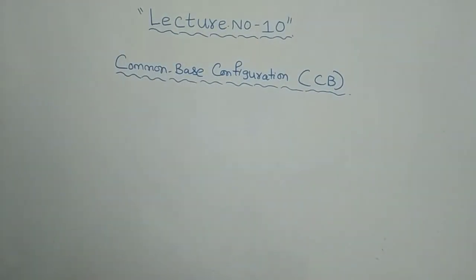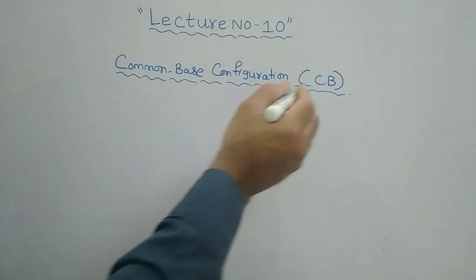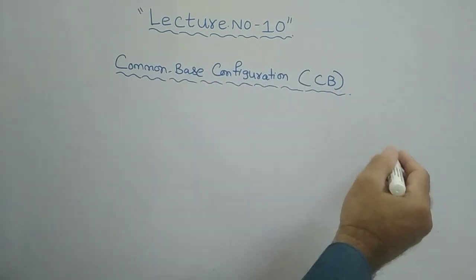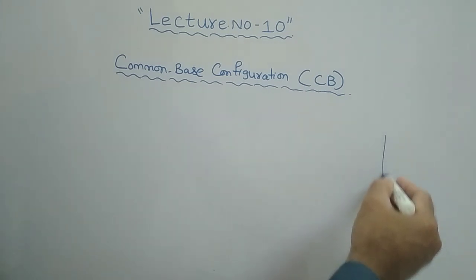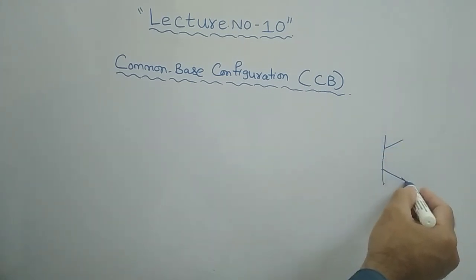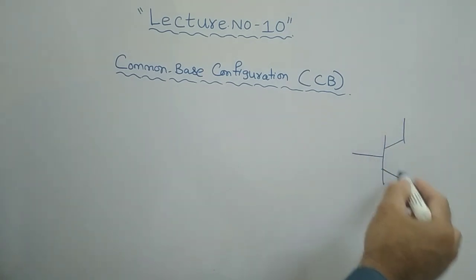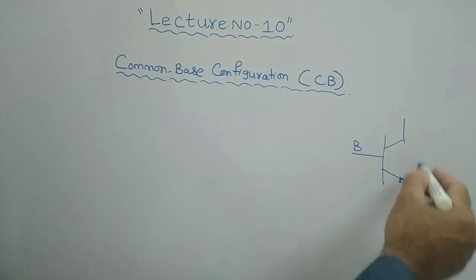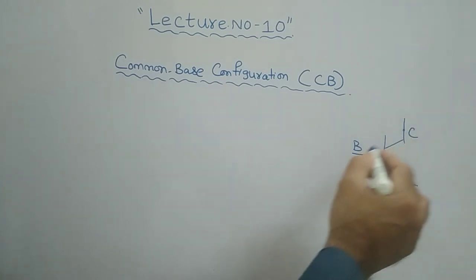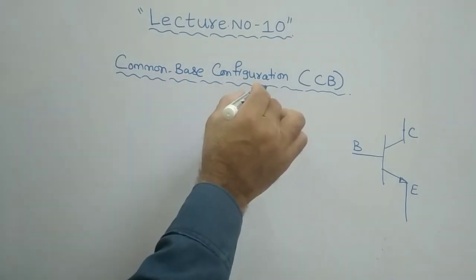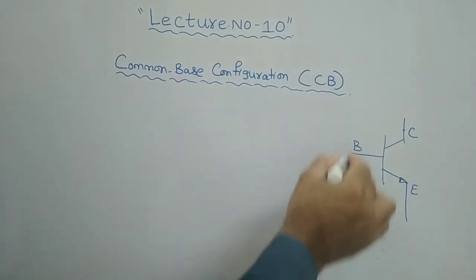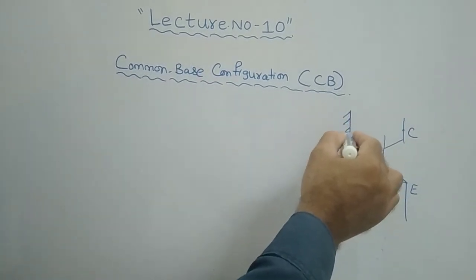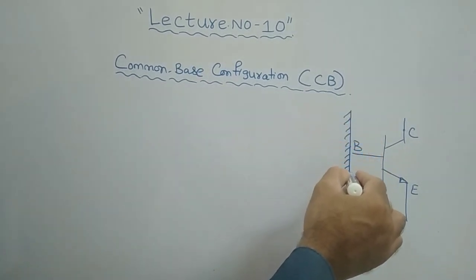As I have already told you, in CB configuration the base terminal will be kept common. If you see the physical representation, this is your base terminal, this is your emitter terminal, this is your collector terminal. In this common base configuration, the base terminal is kept as common, and common is nothing but putting the terminal at zero potential,